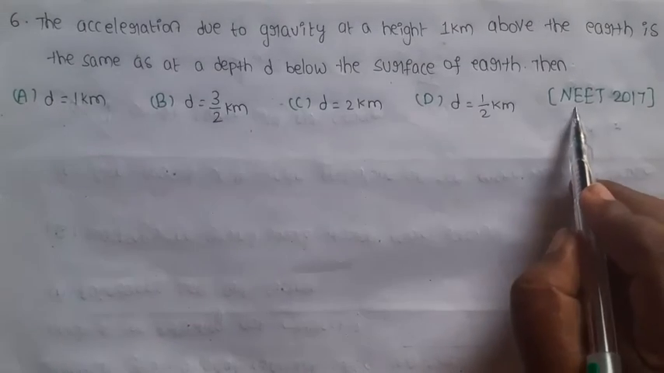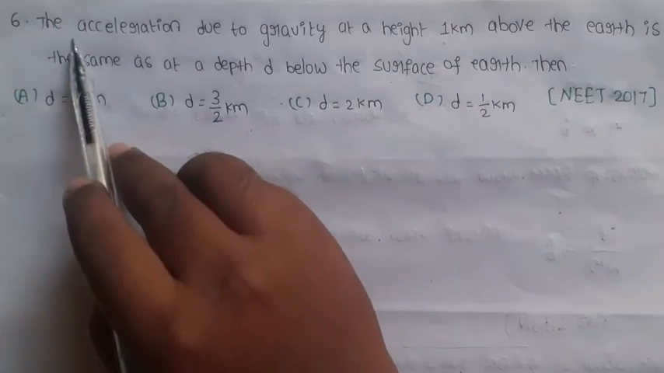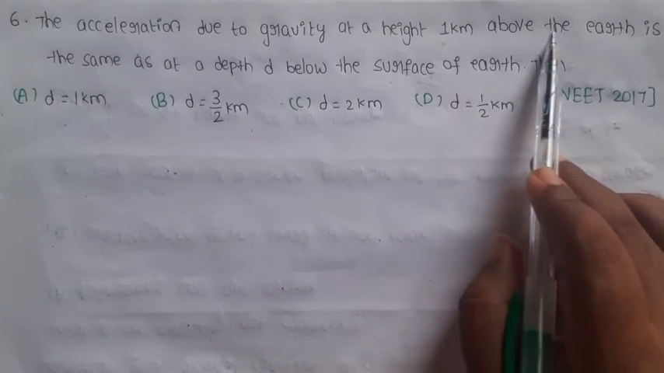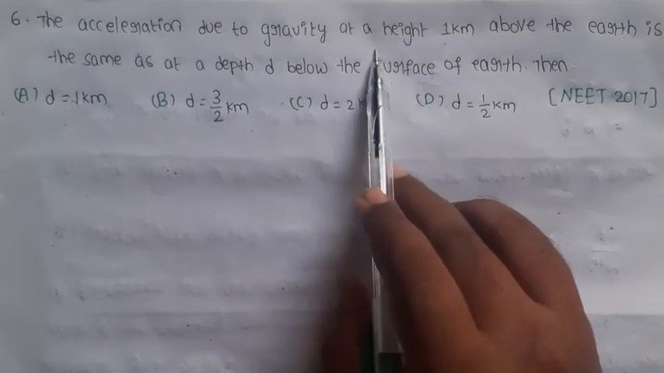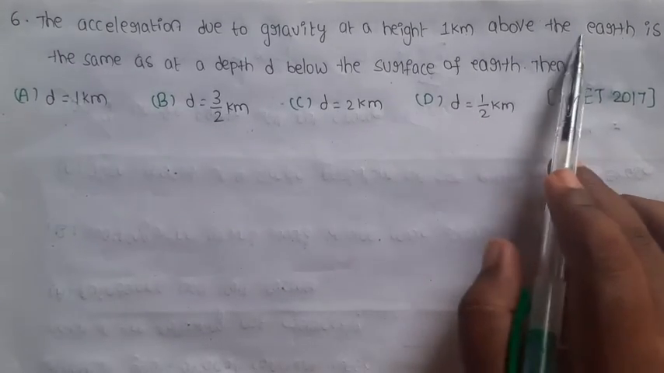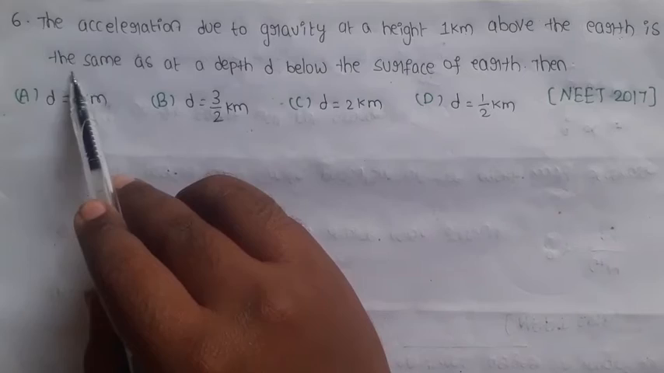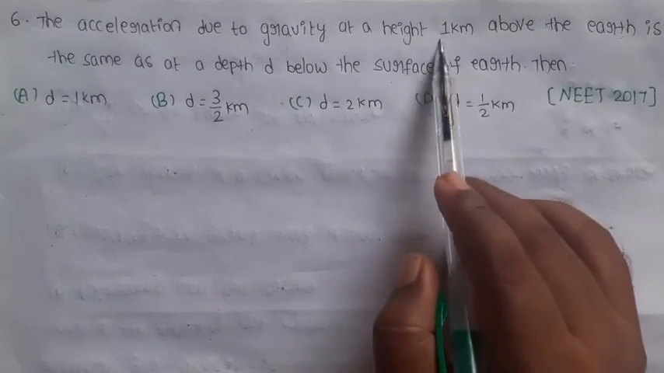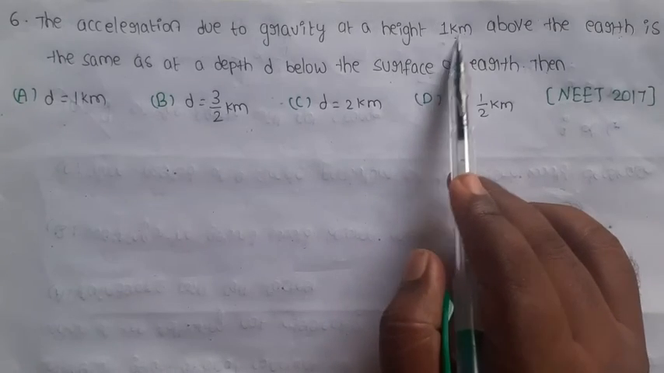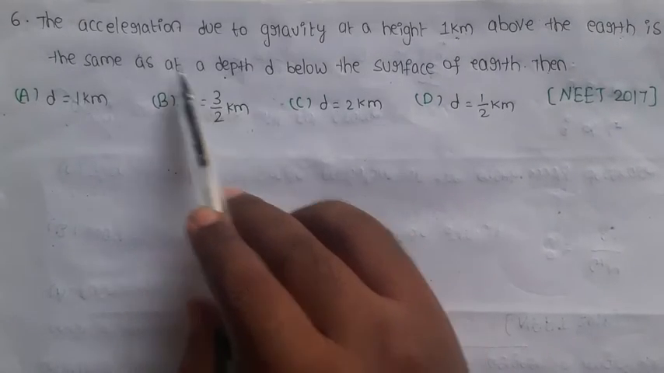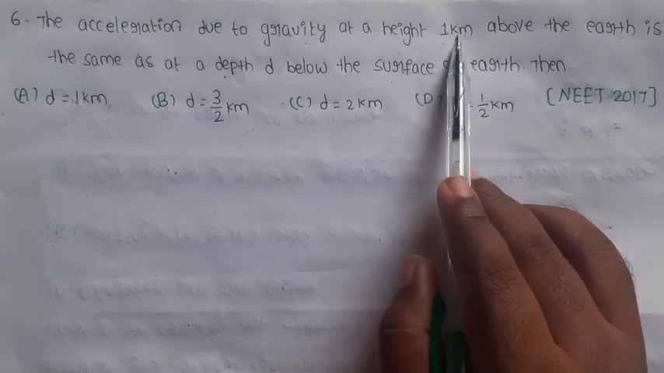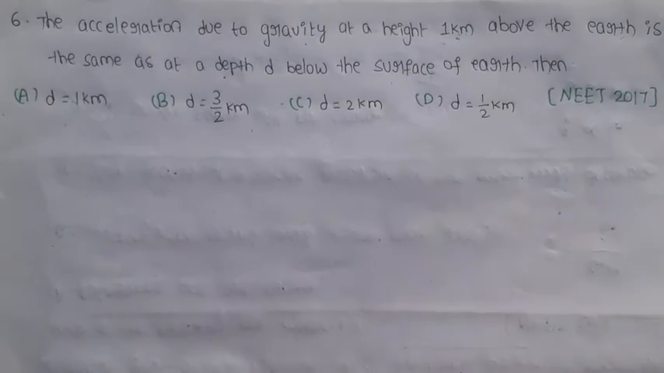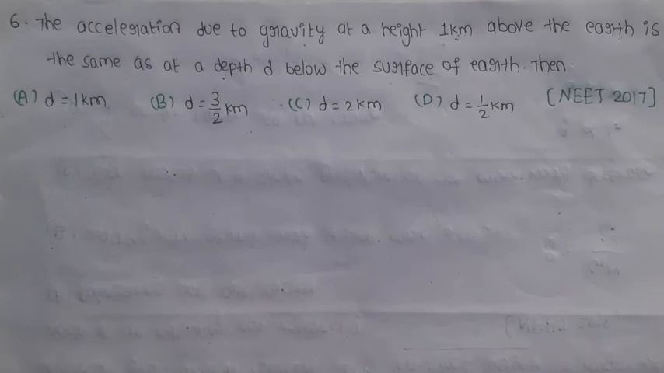Next question from NEET 2017. The acceleration due to gravity at a height that is 1 kilometer above the earth is the same as at a depth d below the surface of the earth. Both are equal. Height of 1 kilometer is equal to depth d. So what we are understanding here is